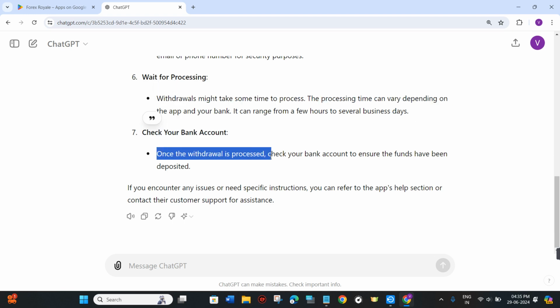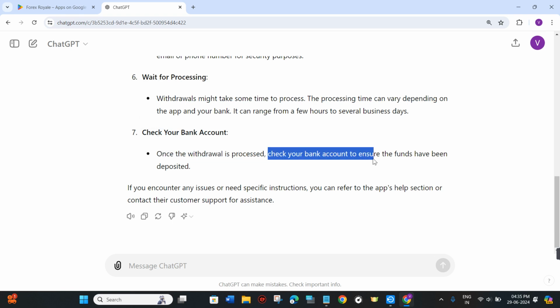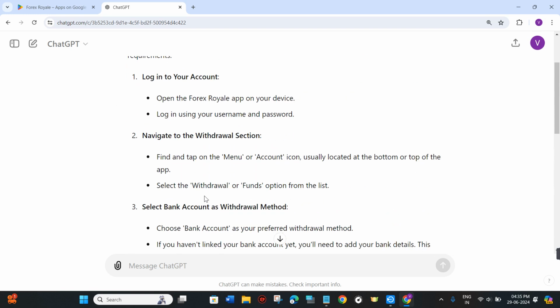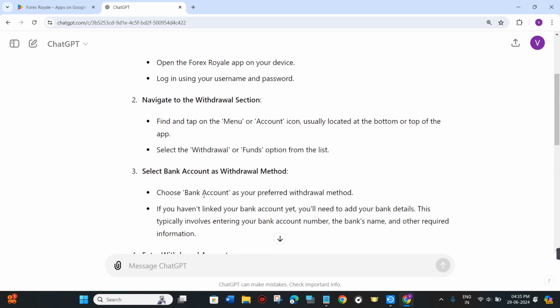So once the withdrawal is processed, you need to just check your bank account to ensure the funds have been deposited. So if you encounter any issues or if you need any instructions, you can refer to the application's help section or you can contact their customer support for assistance. So with the help of these methods, you will be able to withdraw your money from Forex Royale application to